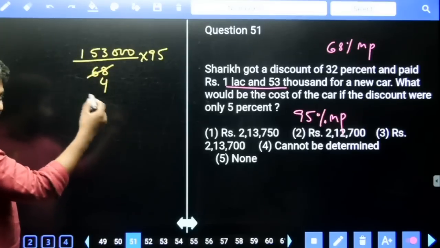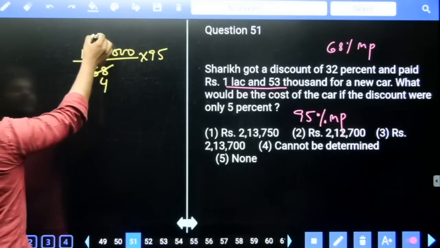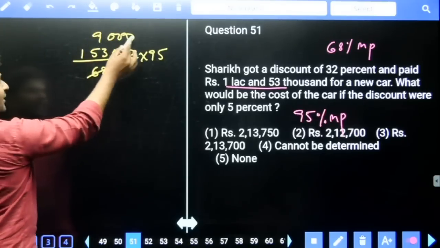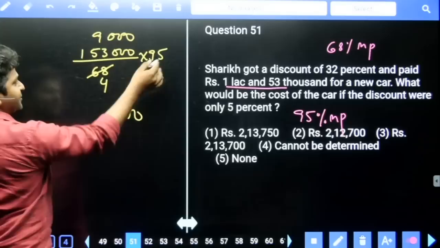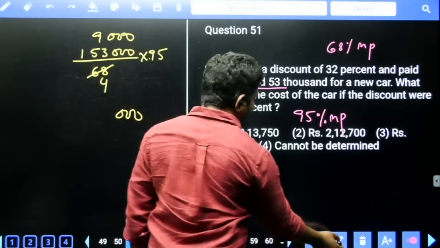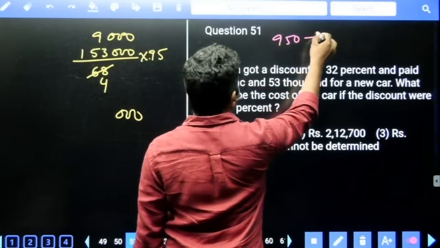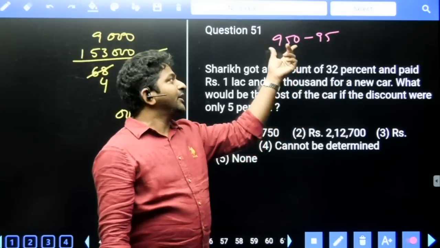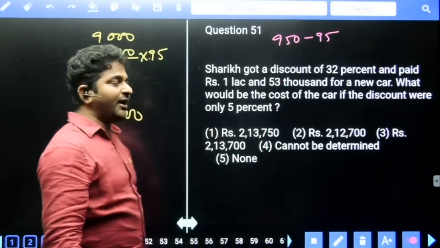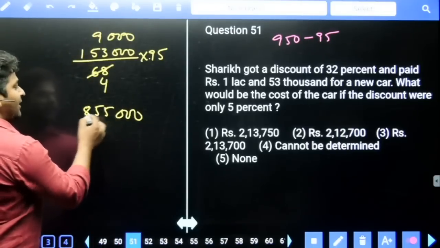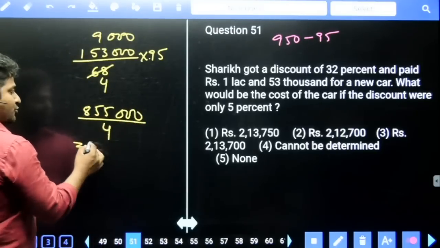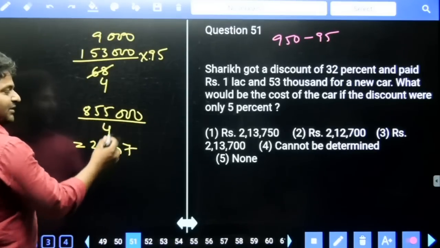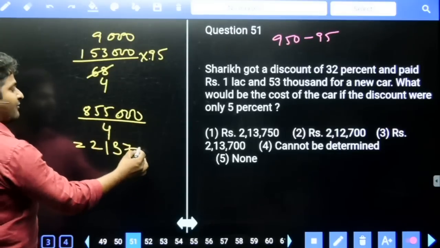Because there is a 9 multiple, we have to calculate this. 17 times 9, and then 3 zeros. As you have 3 zeros, keep them as they are. 9 times 95. 9 times means take 10 times minus 1 time. 10 times is 950 minus 1 time is 95. Instead of subtracting 95, let's subtract 100 and add 5. When you subtract 100, it is 850 plus 5, 855. 855 divided by 4 we have. 4 2 times, 4 ones 4, 15 we have, 4 3s 12, 30 we have, 7 times 28. 28 in the sense 20 we have, that is 5 and then 0.